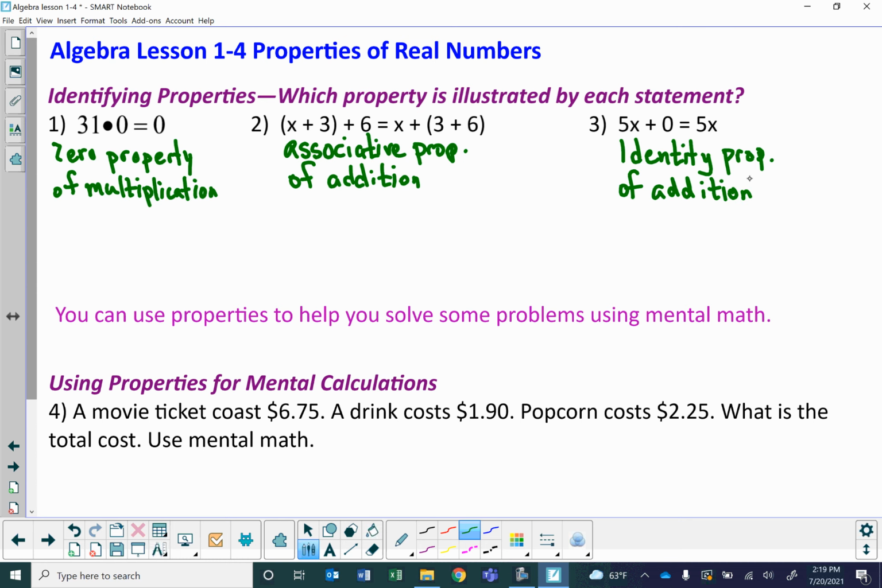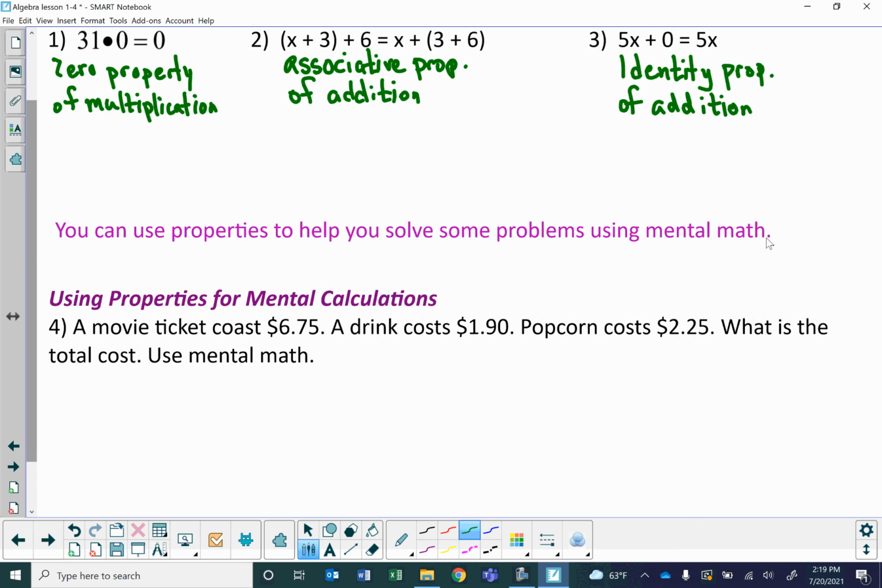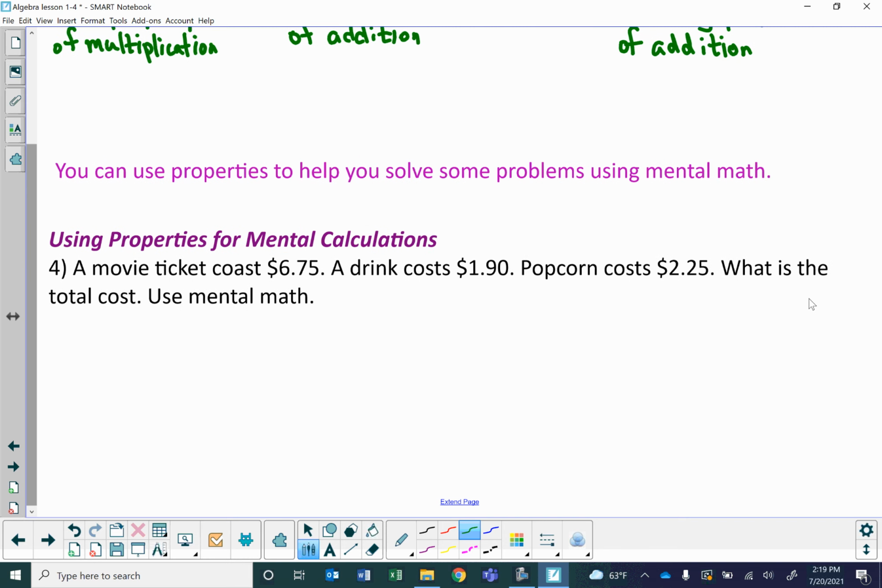And you can use your properties to help you solve some math problems using mental math. For example, a movie ticket costs $6.75, a drink costs $1.90, popcorn costs $2.25. What is the total cost? Use mental math. Well, I'm going to have to actually show you what mentally I would be thinking of, but